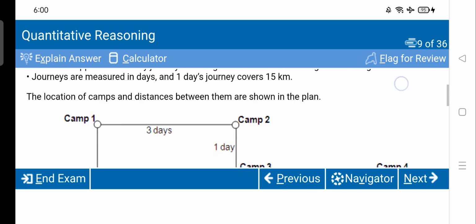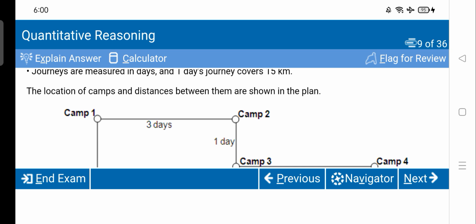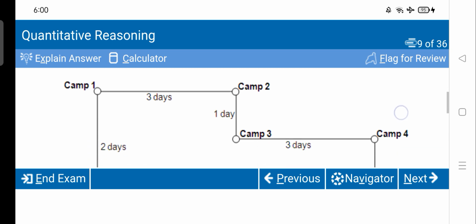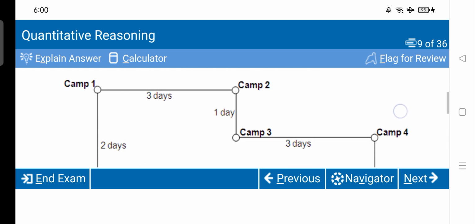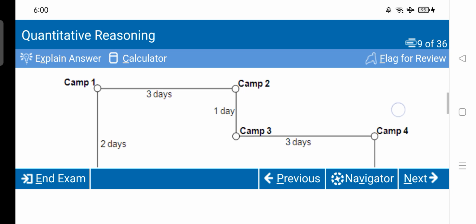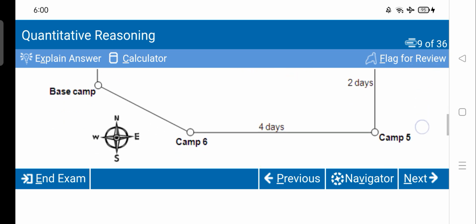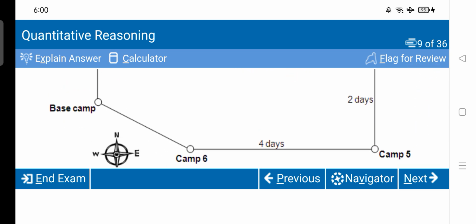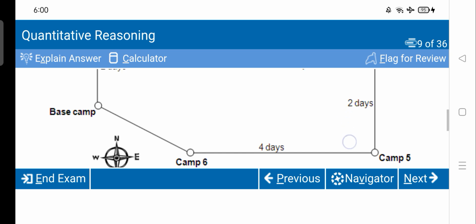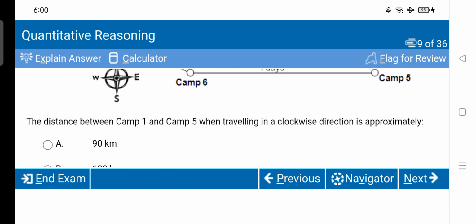The location of camps and distances between them are shown in the plan. So here we have camp 1 to camp 2, 3 days; camp 2 to camp 3, 1 day; camp 3 to camp 4, 3 days; 4 to 5, 2 days; 5 to 6, 4 days; 6 to 1 again, 2 days. So the distance between camp 1 and camp 5 when traveling in a clockwise direction is approximately